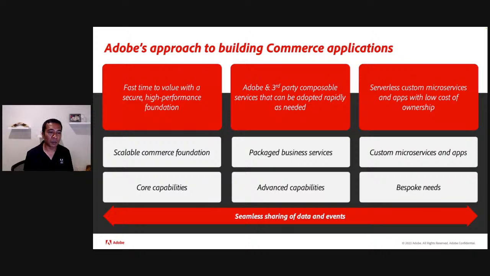And our goal here is to provide a foundation that customers can get started with very, very fast without having to tie together those core capabilities. And of course, we are focusing on security, performance, and flexibility with our foundation so that it can evolve as our customers' needs change. Now, accompanying that foundation are a set of, I would say, somewhat advanced services that customers